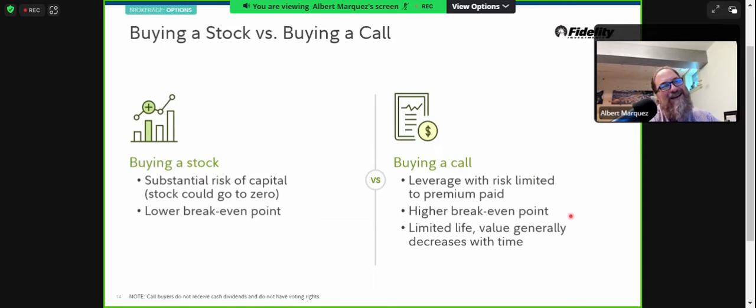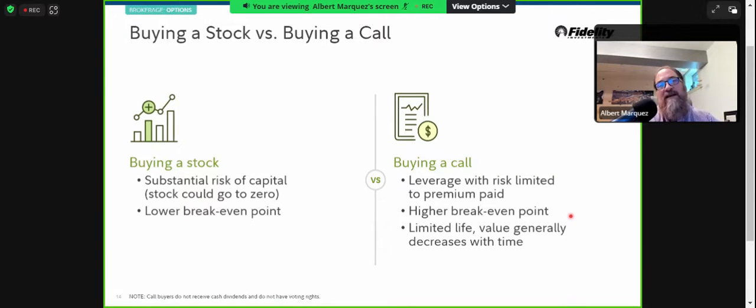Typically, you see that time value start to accelerate in that 30 to, call it, 45-day window, 30 to 60-day window, perhaps. That's when things start to accelerate. So make sure that whatever you're doing with this position matches up with your outlook, right? If you're looking for something to play out over the course of the next 2 or 3 months, maybe trading a 30-day option is not the best choice. It doesn't really match what you think will happen.